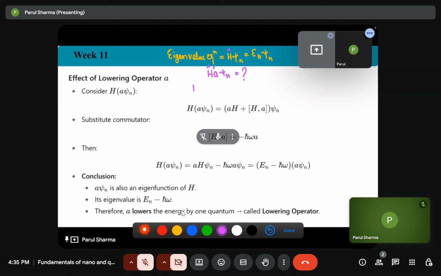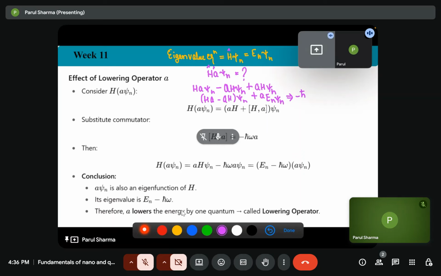So H A psi n, A H psi n plus, just add and subtract A H psi n. Then it will give you H A minus A H psi n plus A H psi n. H psi n is E n psi n, right? And then H A minus A H, we know that it's a commutator. We saw that it will give a minus sign,